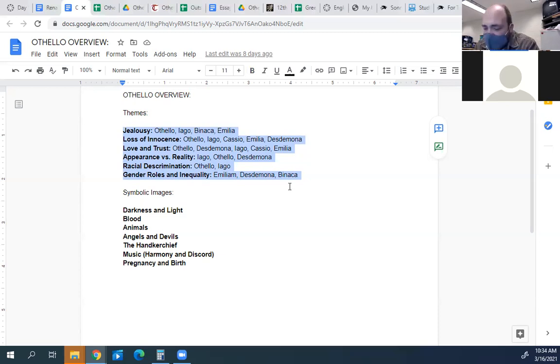The character Yago, who is the antagonist, is very jealous. I think I went over this. He's a middle-class guy who's worked with Othello for years and fought beside him, and he expected to be elevated to Othello's second in command when the position came open, and Othello did not elevate Yago to that position. Instead, he put a guy named Cassio in charge of that. And Yago is very jealous that he didn't get the position that he thought he deserved.